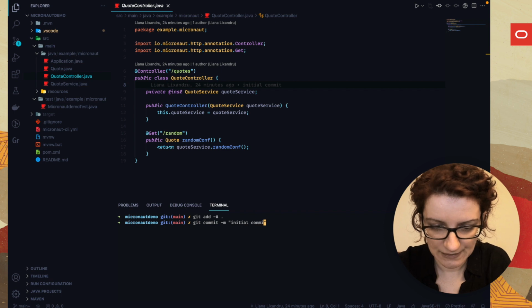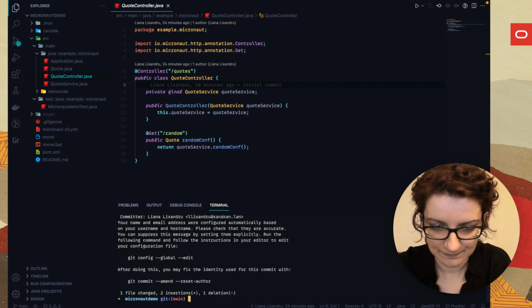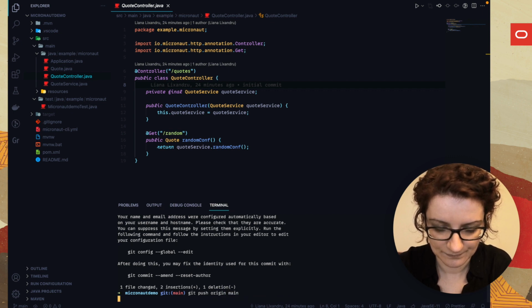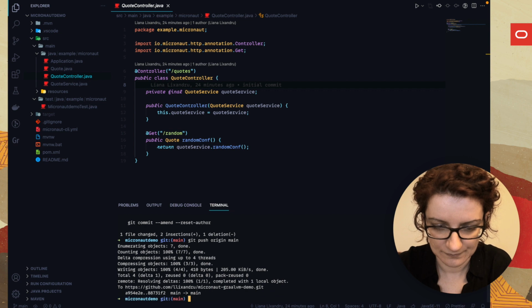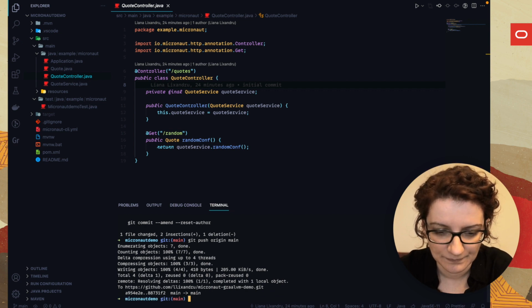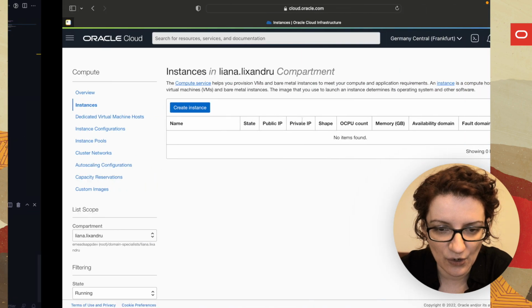Let's call it initial commit. And then git push origin. There we go. Now I've got my code set up in a repository